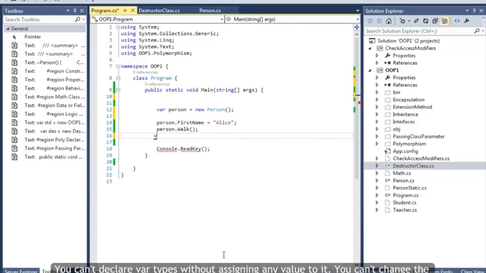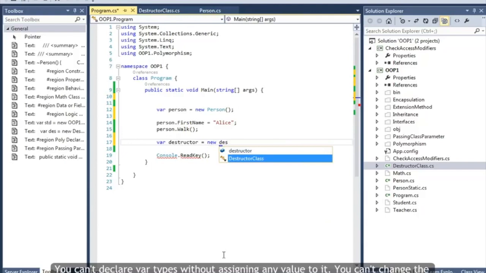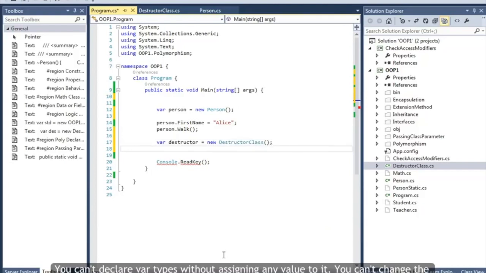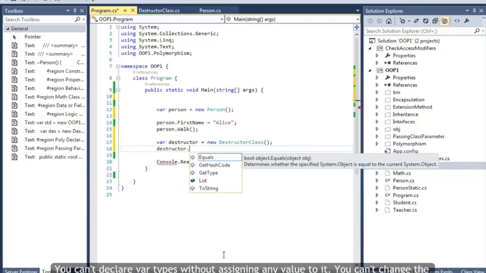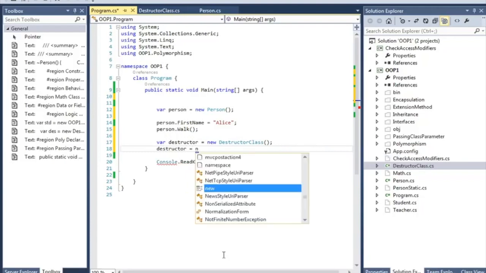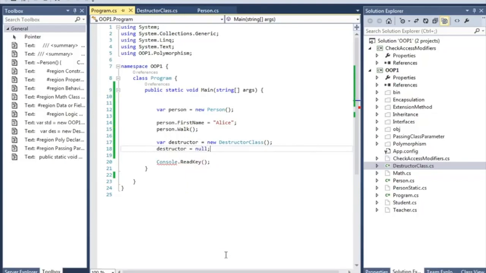create our class. And this time I'm just going to go var, equals new destructor class. That's it, destructor, and then I'm going to set the destructor equals null, and if I run it again I will not see the destructor method is called.